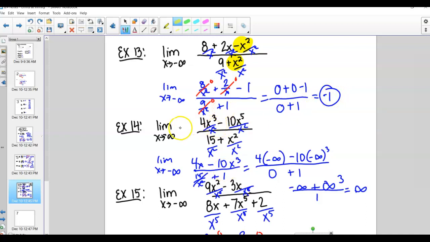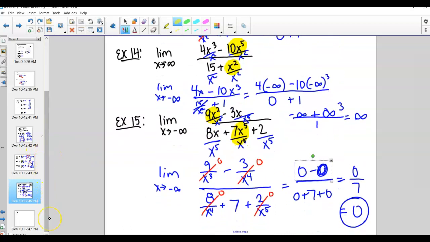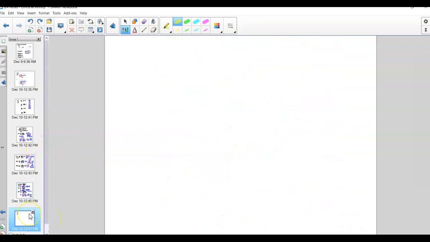And here, highest exponent was on top, and I got infinity. Here, my highest exponent was on the bottom, and I got 0 for that. So, there is a very strange saying that we sometimes use, or I use often anyway. I didn't make this up, somebody taught it to me, so somebody else uses it too, called